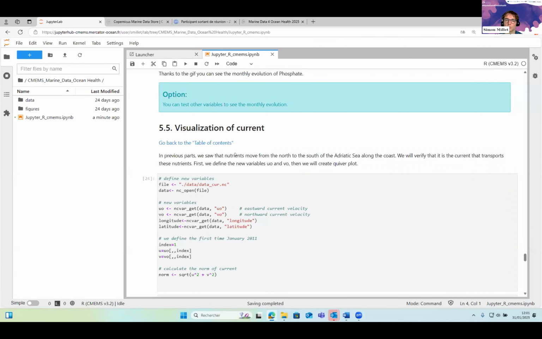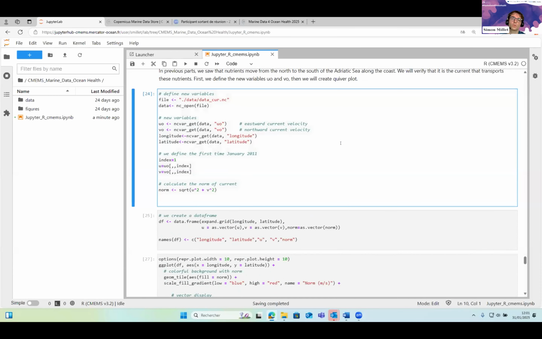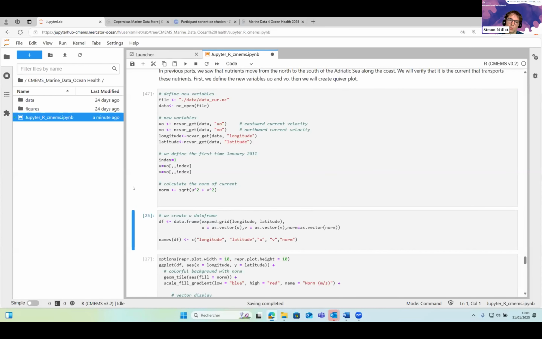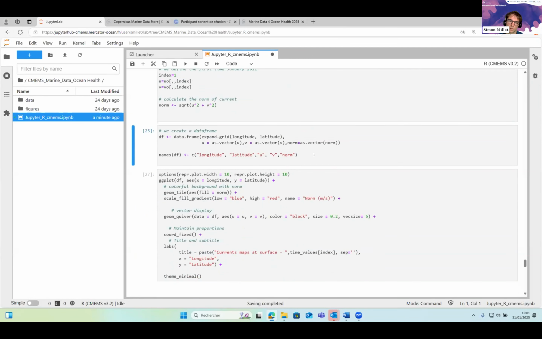Here is the part to visualize the current. So in the previous part, we saw that nutrients move from the north to the south of the Adriatic Sea along the coast. So we will verify that it is the current that transports these nutrients. So first of all, we define the new file with the current. We create the norm with eastward and northward current. We create a data frame and then we plot a map with